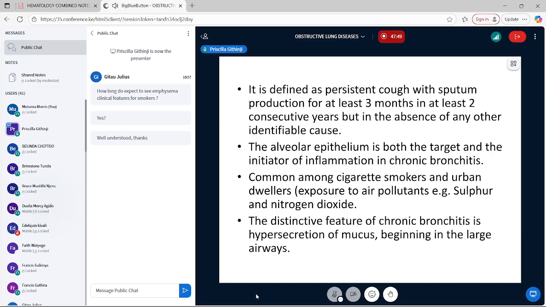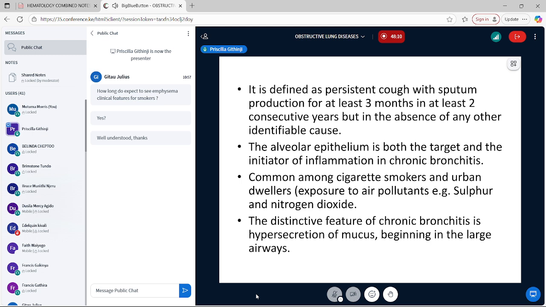So yeah, now let's look at chronic bronchitis. Like I've said, it's defined based on clinical features, and you have persistent cough with sputum production for at least 3 months in at least 2 consecutive years. So what does this mean? So between